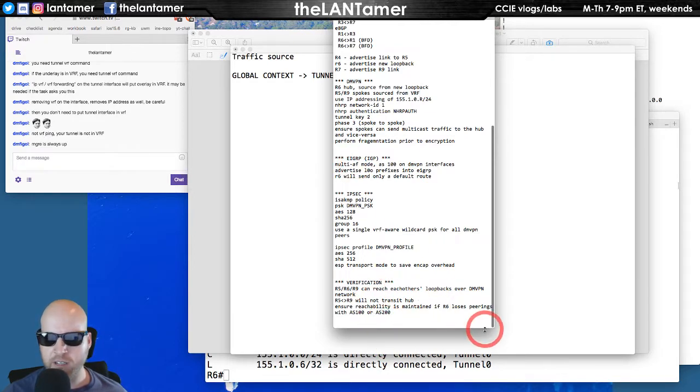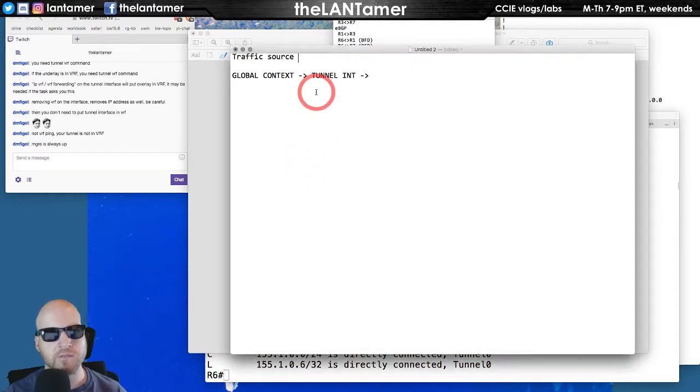the verification, our end goal here is that router 5, 6, and 9 can reach each other's loopbacks over the DMVPN network. Okay, the loopbacks are in the global routing table. The loopbacks are not in a VRF. Router 5 and router 9 will not transit the hub, right? We're phase 3. Ensure reachability is maintained if router 6 loses its peerings. Okay, so really, yeah, we want to source, for example, if we are on router 5, traffic from loopback 0,